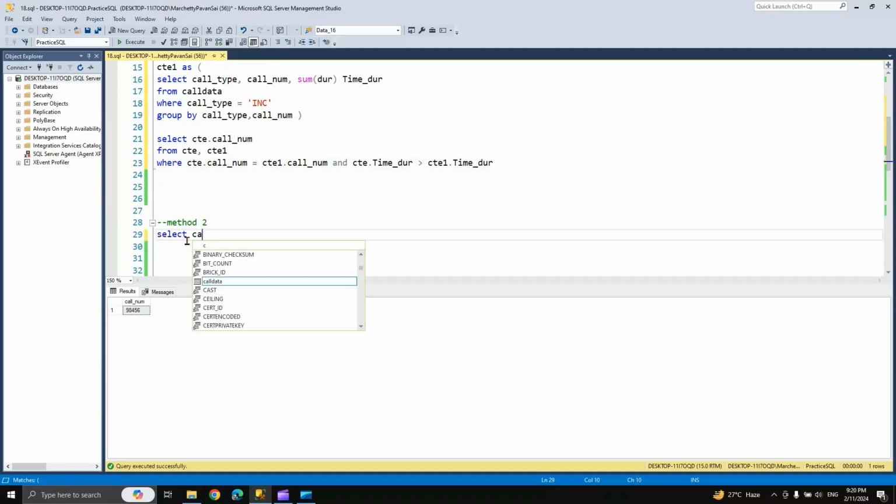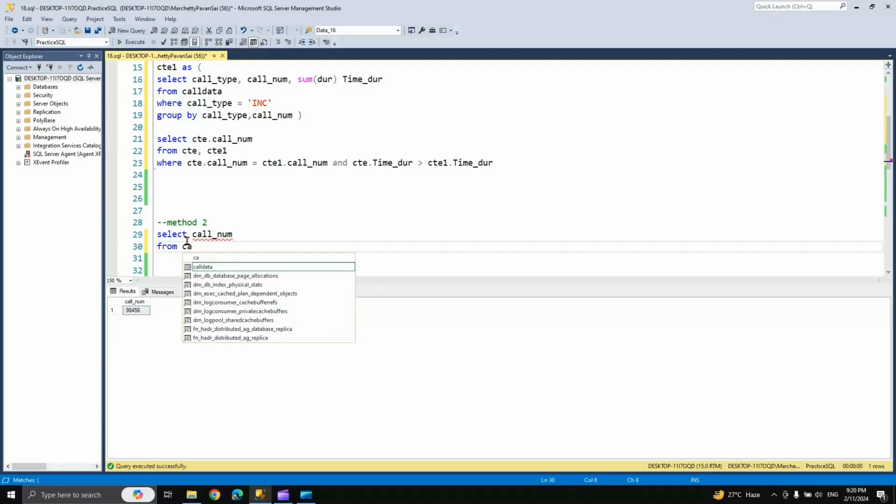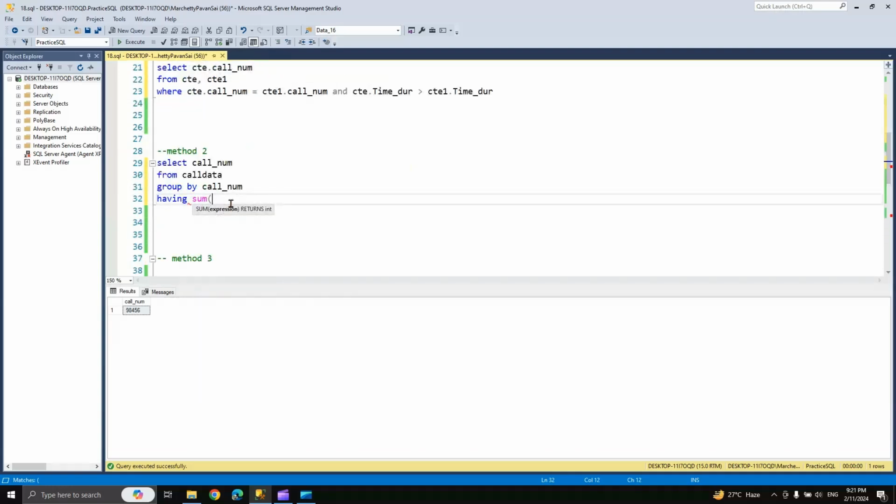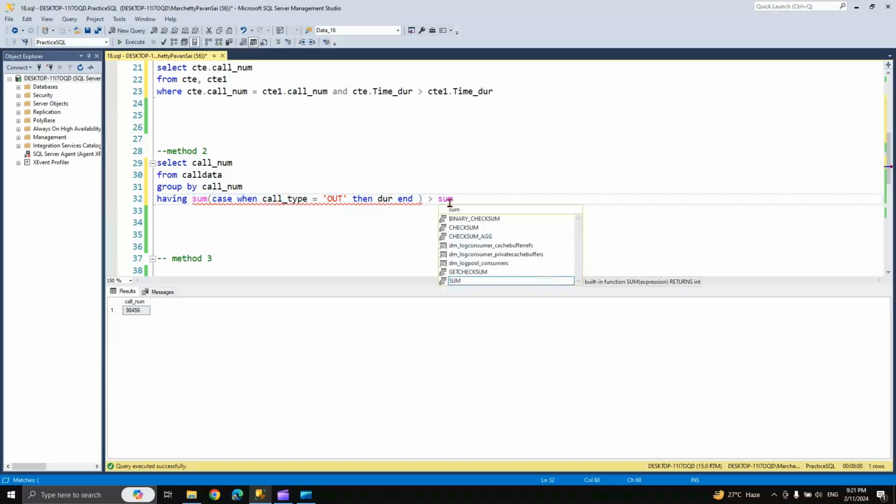Here I'll write select call underscore num, I want call number from call data, and I will group by call underscore num. I will write a having clause where the sum of, I shall write a case when statement in order to find out the differences of outgoing and incoming where the duration is greater than that. So I'll write sum of case when call underscore type is equal to out, then I want the duration, otherwise zero, end. I'll close the parenthesis. If this value of our calculation is greater than the sum of,